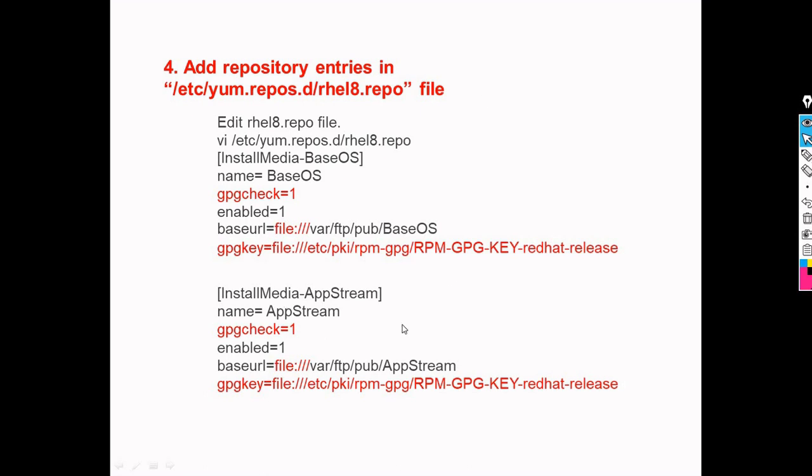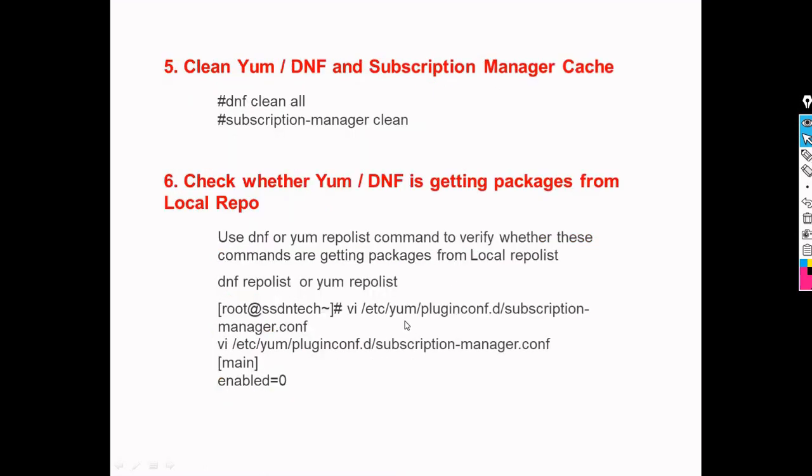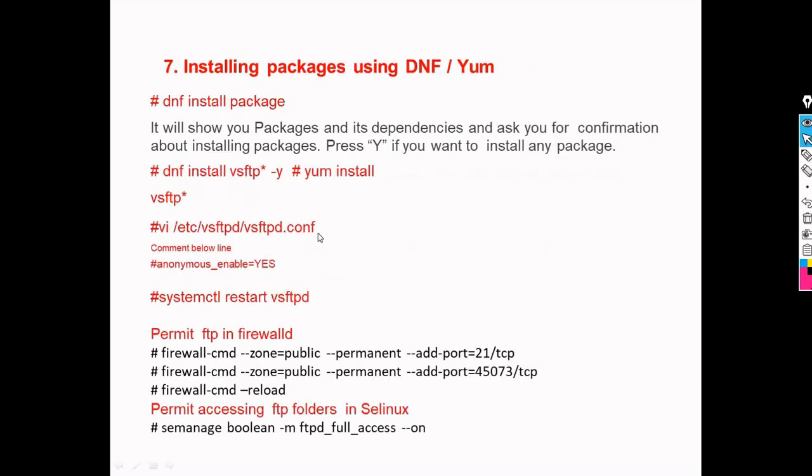So this is for the local Yum server, and once everything is done, you can install. So what are the packages needed to transfer through FTP? First of all, once the local Yum server is created, you have to install the vsftpd package, because we are sending all the packages through vsftp.